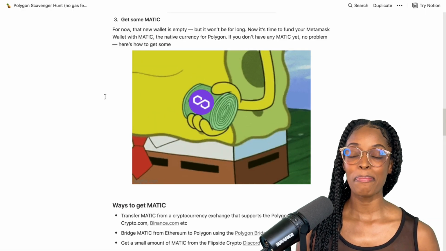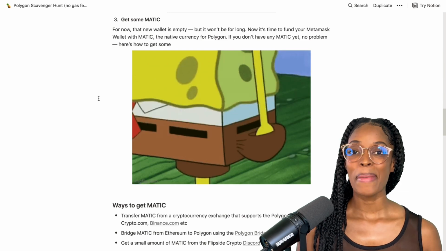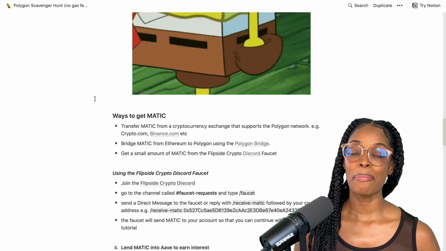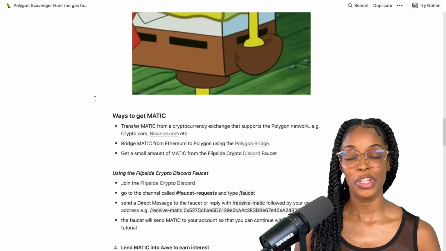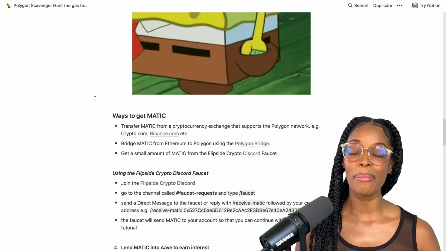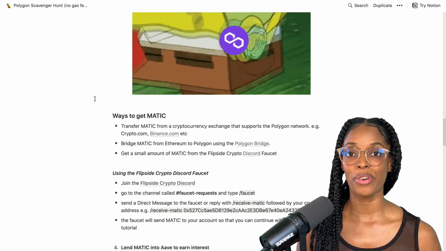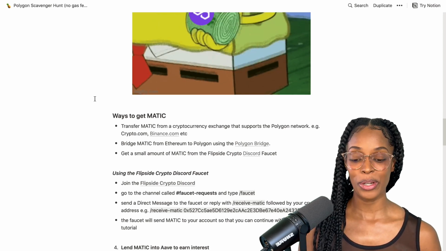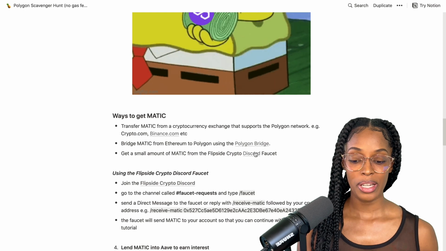Now we need to get some MATIC into our Polygon wallet. MATIC is a native cryptocurrency of the Polygon blockchain. There are several ways to get MATIC. You can either get it from a crypto exchange, you can bridge it across from Ethereum, or if you don't have access to those funds right now, you can use our faucet, which is connected to the Discord community of Flipside Crypto. So click the link to their Discord so you can join if you're not a part of the